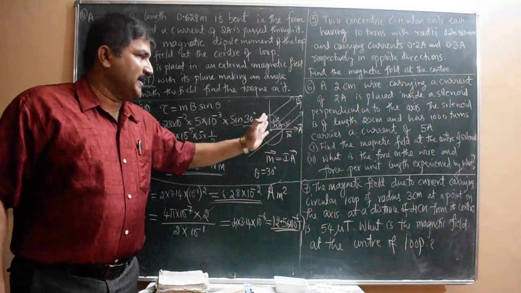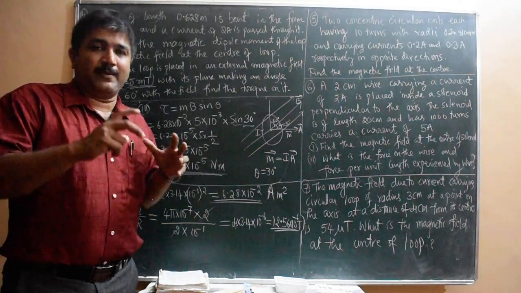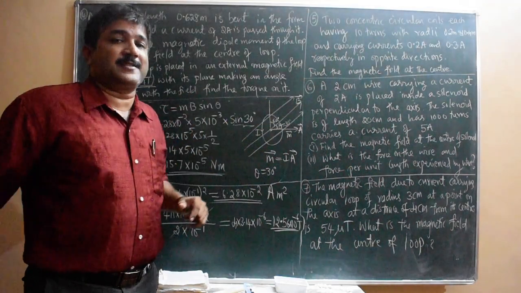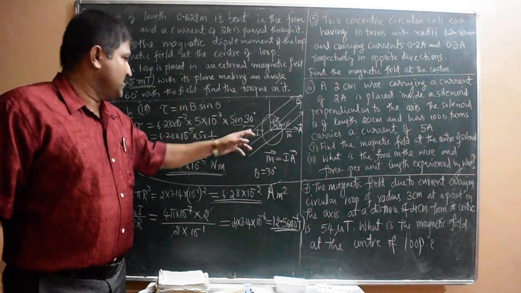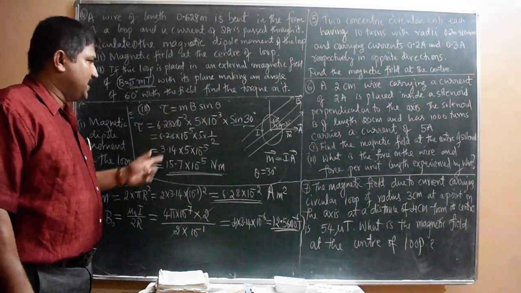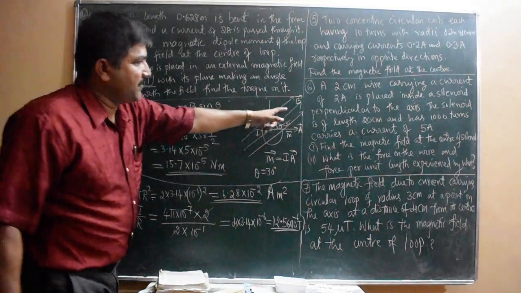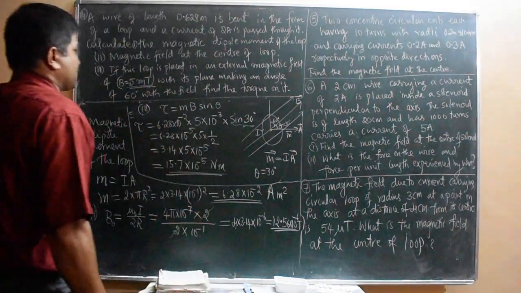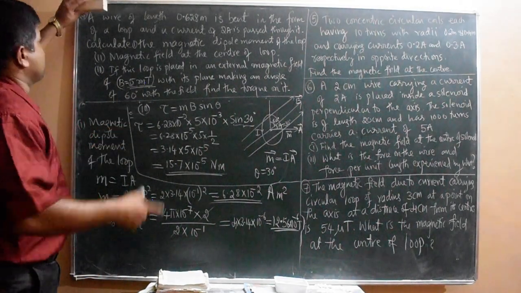Now the third case, when the loop is placed in an externally applied magnetic field, not the field of this loop. This field will be there always. This loop will produce a field, but because of the external field, the loop experiences a torque, and that depends on the theta value. If theta is 0, then the torque experienced is 0. So torque is mB sin theta, m is the dipole moment, B is the external magnetic field value, and theta is the angle between the B vector and the A vector, which you have to take as 30 degrees. That's all. Solving will get this question completed. So that's all about this question. Make a pause and note down. Then I will go to the next question, number 5.